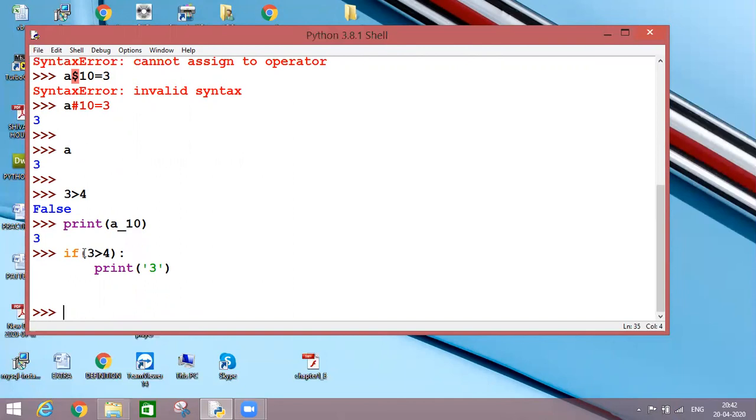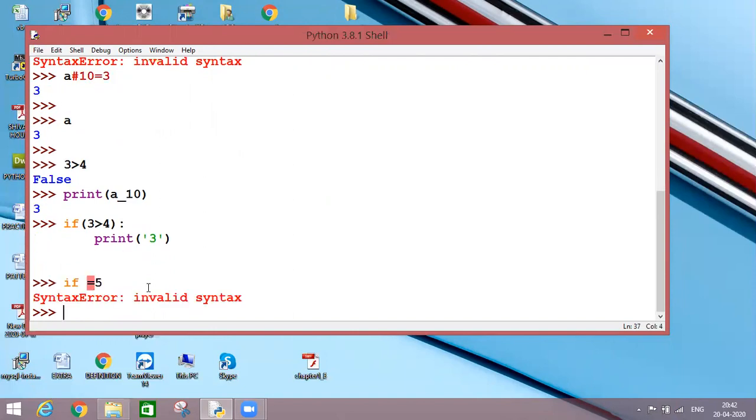But you can see this if and print are appearing in different colors because these are keywords in Python. So a keyword cannot be used as a variable name. If I write if = 5, it will show you an error, invalid syntax, because if is a keyword which cannot be used as a variable name.